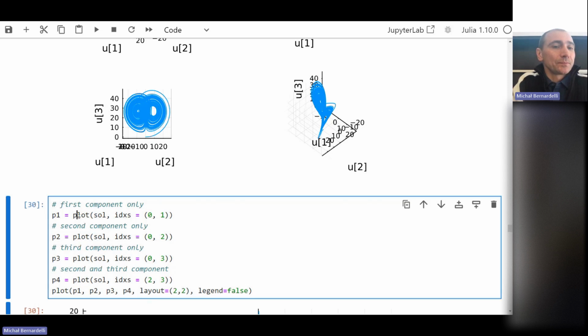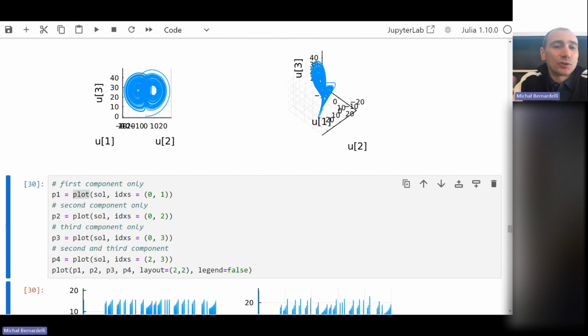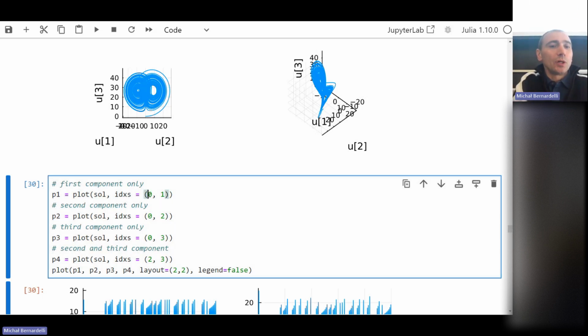So if you use plot, and you've got indexes, what are the indexes? You've got indexes like 0, 1, 2, or 3. So you use time, the x, the y, and z. So we can choose. For example, if I use 0 and 1, it means that I plot x versus t,